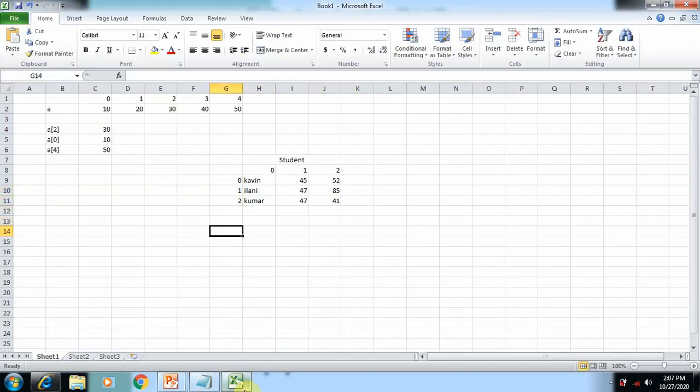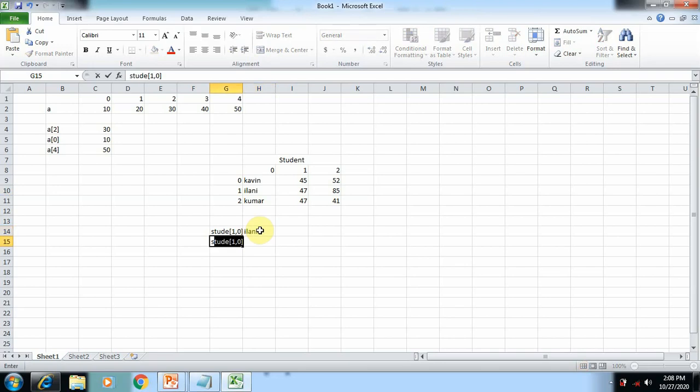So here you can see student 1 of 0 refers to the value Ilani, because the row number of Ilani is 1 and the column number is 0. So now the output is Ilani.